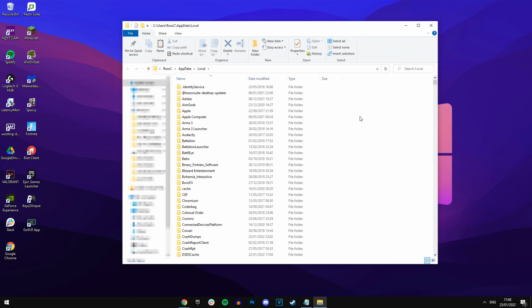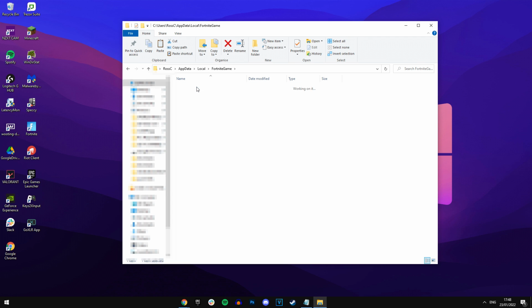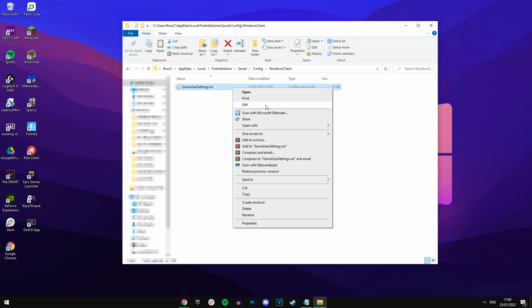You want to find the Fortnite game file by just pressing F. It should pop up right here. It just says Fortnite game. Open up Fortnite game, open up saved, open up config, and then open up Windows client, and in here you'll see your config file called